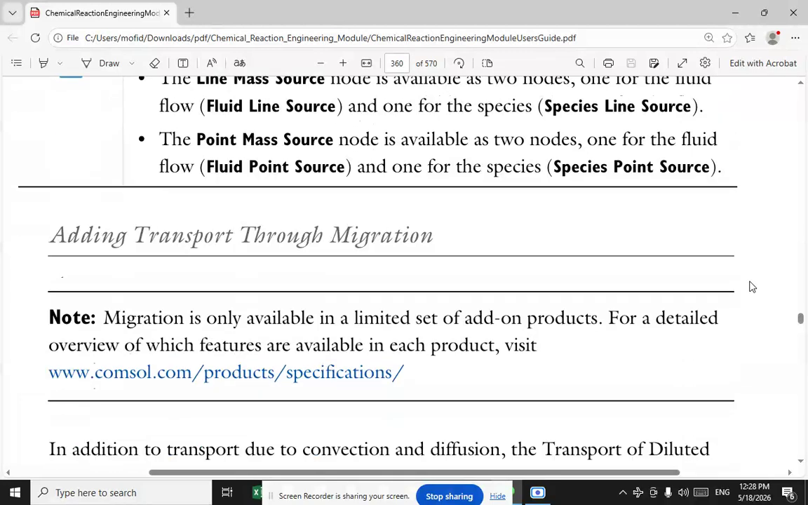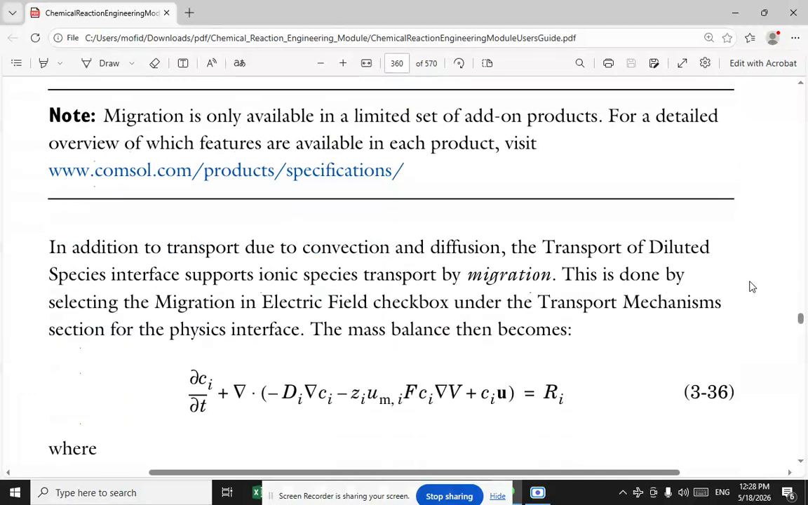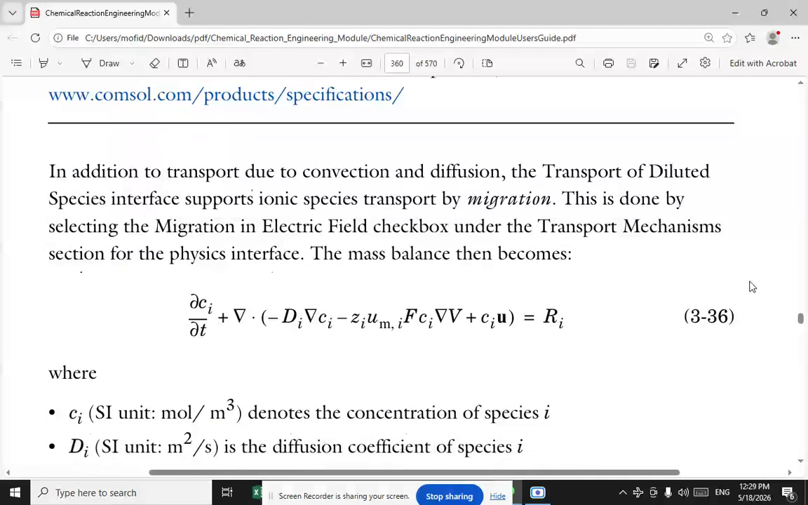Adding transport through migration. Note that migration is only available in a limited set of add-on products. For a detailed overview of which features are available in each product, visit the product specification page. In addition to transport due to convection and diffusion, the Transport of Diluted Species interface supports ionic species transport by migration. This is done by selecting the Migration in Electric Field checkbox under the Transport Mechanisms section for the physics